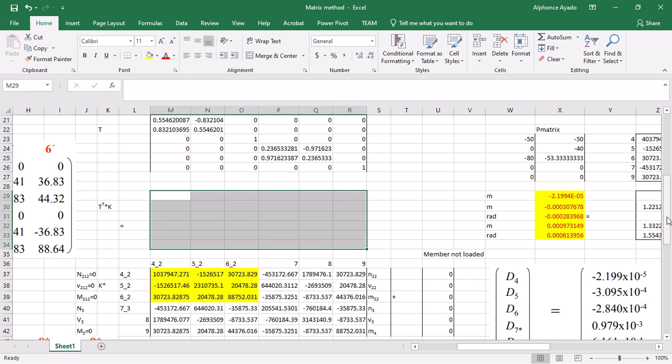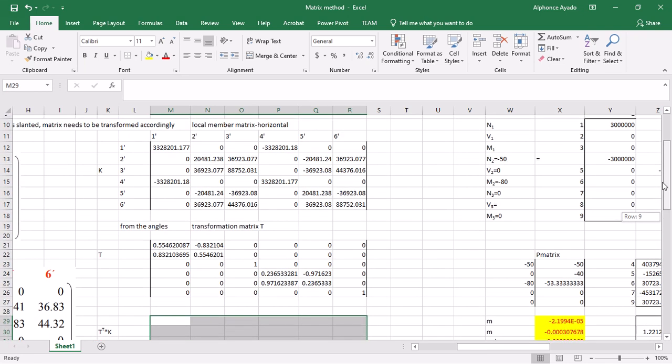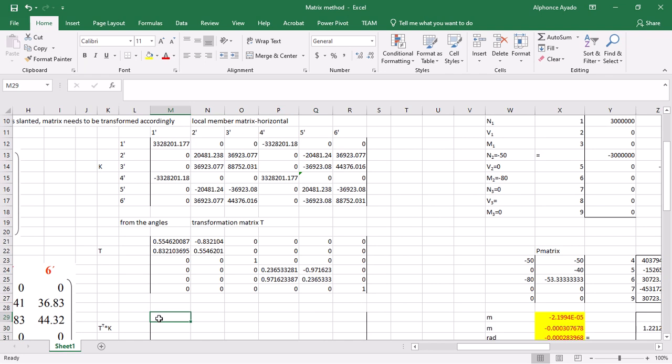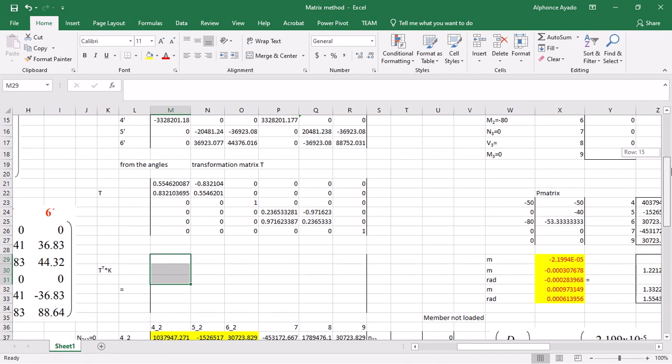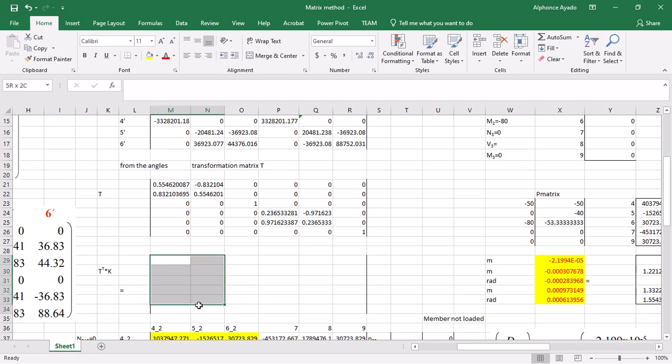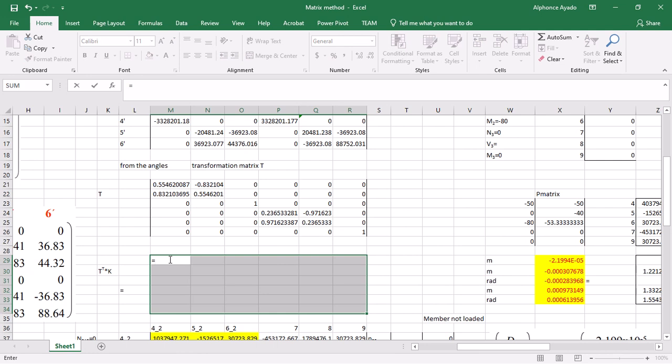This equals, please pay attention now. You must highlight the area. If the resultant of the multiplication is 6 by 6, please highlight the 6 by 6 area. So 1 2 3 4 5 6, okay, and then write equals, then use MMULT, equals MMULT,